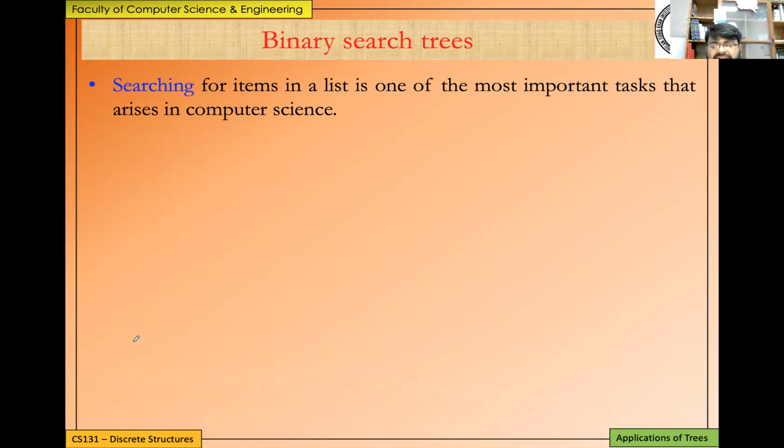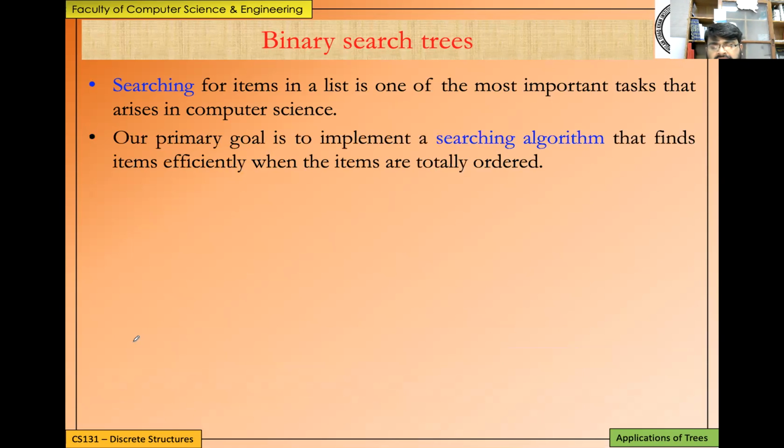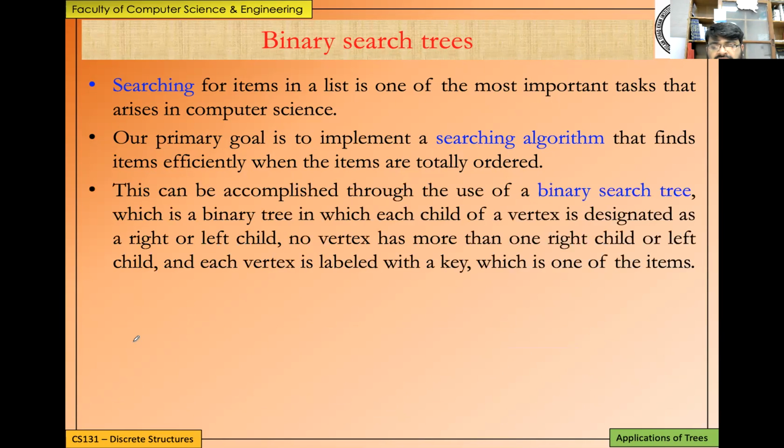Searching for items in a list is one of the most important tasks that arises in computer science, and this we have seen in our previous lectures as well, where I was talking about searching techniques. Our primary goal is to implement a searching algorithm that finds items efficiently when the items are totally ordered. This can be accomplished through the use of what we call a binary search tree,